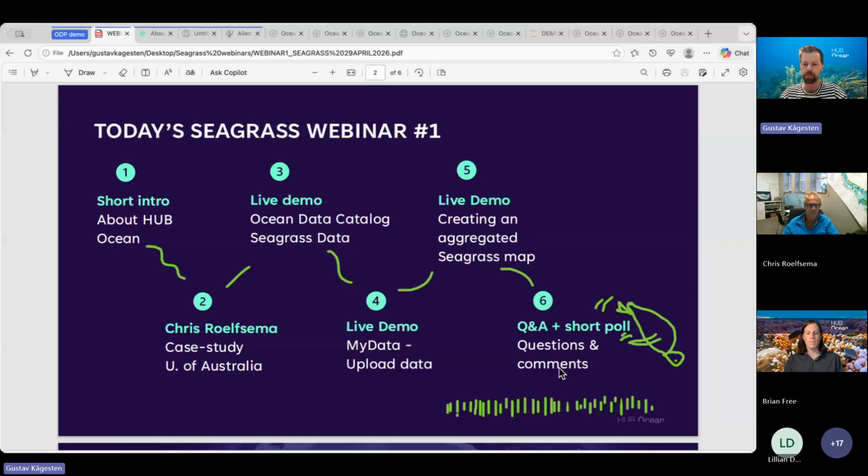And yeah, so what we're navigating through today is I'm going to run through a short introduction about Hub Ocean and who we are, and then we'll hand over to Chris for a presentation about his work and setting the scene a bit, and then we'll move on to a live demo of the Ocean Data Platform, which has a few different components. And the first one is to go through our catalog,